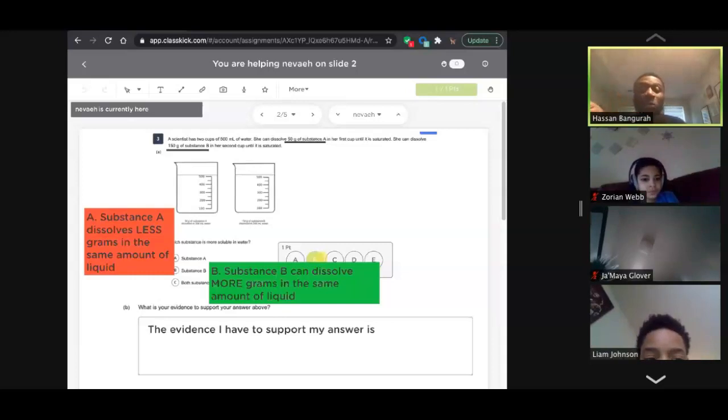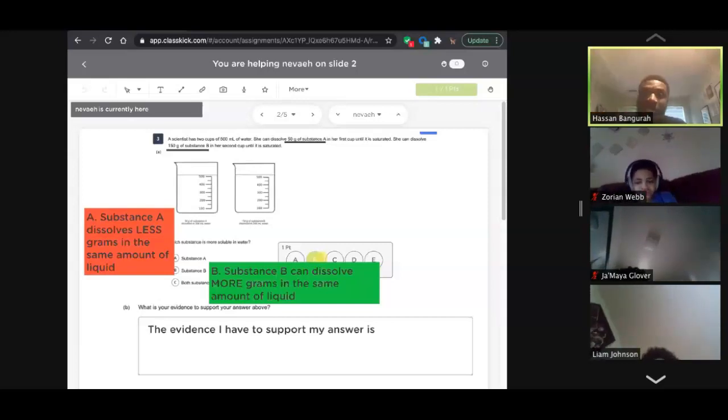And what are we comparing? What substance are we comparing to? Substance Z? Substance D? What substance are we comparing to? Yes, right? So we've got to include that. So substance A dissolved less grams in the same amount of liquid than substance